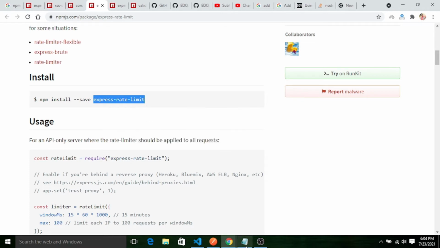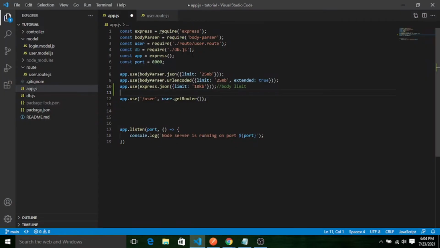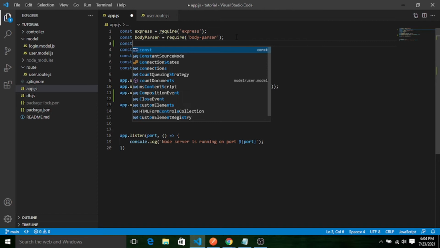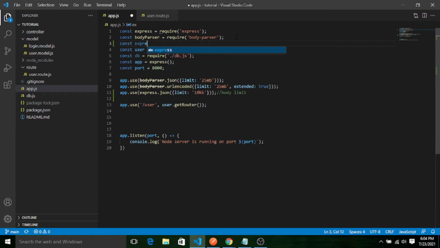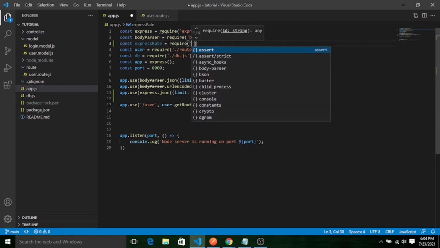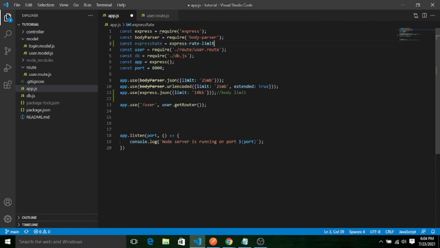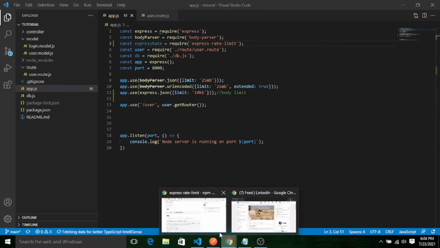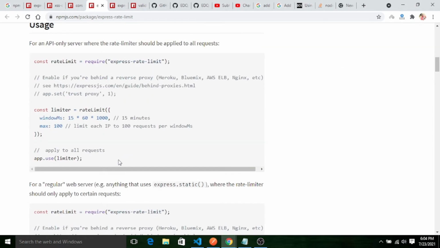We can also import this module in our application, like this. And we can use its inbuilt method like this.